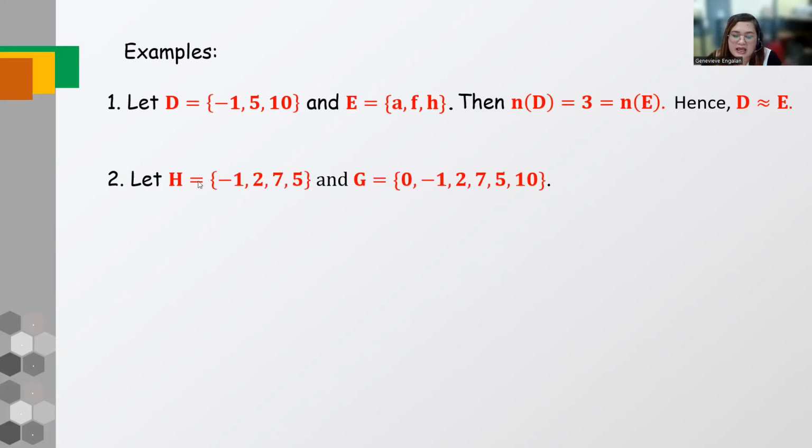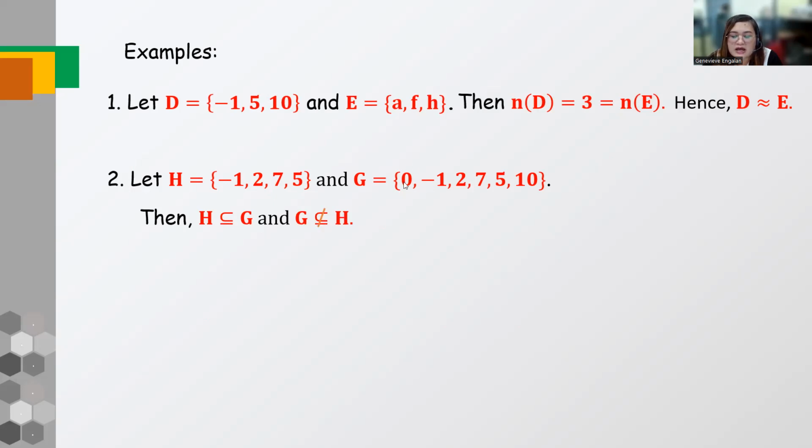Okay, next. The H contains -1, 2, 7, and 5. Tapos si G contains 0, -1, 2, 7, 5, and 10. So, di ba tan-awa ninyo si H, tanan elements niya, you have -1, naa pod kay G. Si 2, naa pod kang G. Si 7, naa pod kang G. And si 5, naa pod kang G. So, pasabot, si H is a